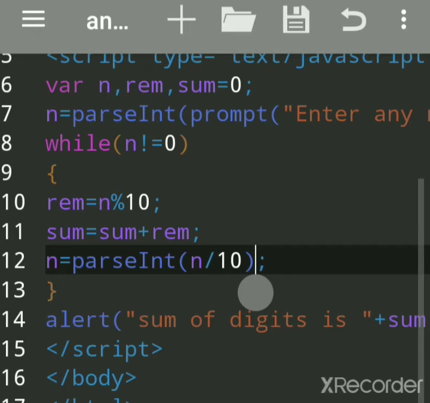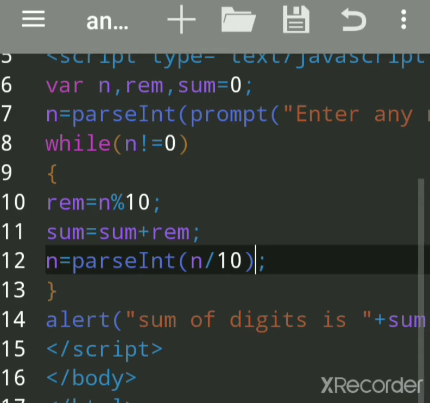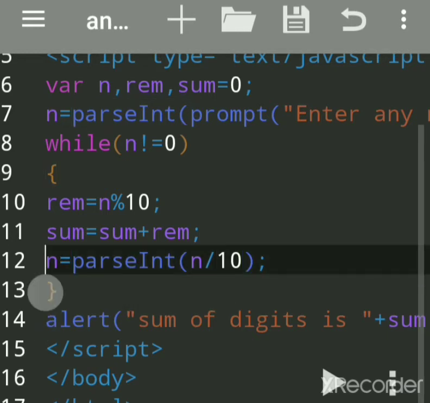If we took 123, the quotient we get is 12. Because we don't want decimal points, the parseInt function is used, which converts any number into an integer, meaning a number without a decimal point. It will be assigned to the n variable. So n is now 12.